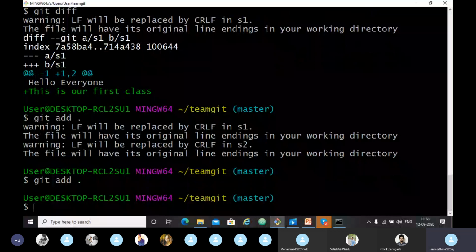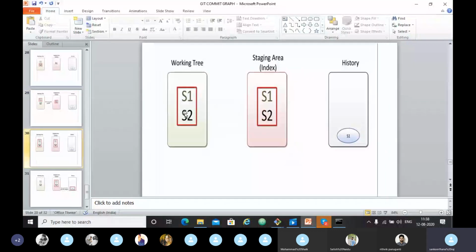Now everything in our working area will be matched with the staging area. If we are good with our working tree and our staging area, we can make a commit. Now, we will see our git status command.